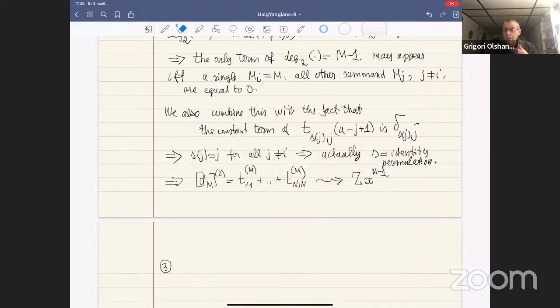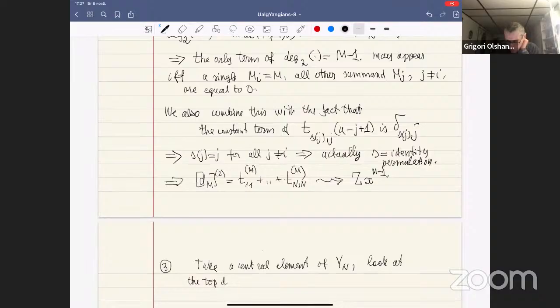The top degree term can be produced by... how to say exactly. So take a central element of Yangian, look at the top degree term, compare it, it should give